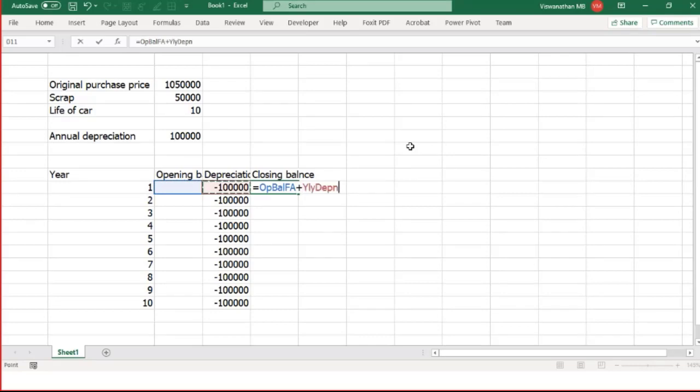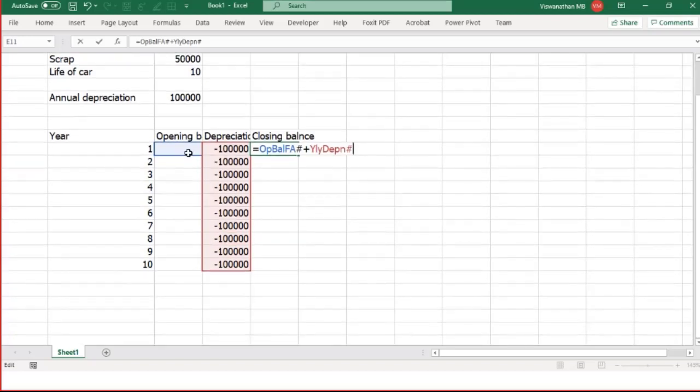But what we need to do is, we are not referring to an individual cell. We are referring to an array, a dynamic array. And when you're referring to a dynamic array, you have to use a hash sign. And when you use the hash sign, you would notice that it will treat it as a dynamic array. The opening balance, of course, is not spilled yet. We haven't put any formula there, which is fine.